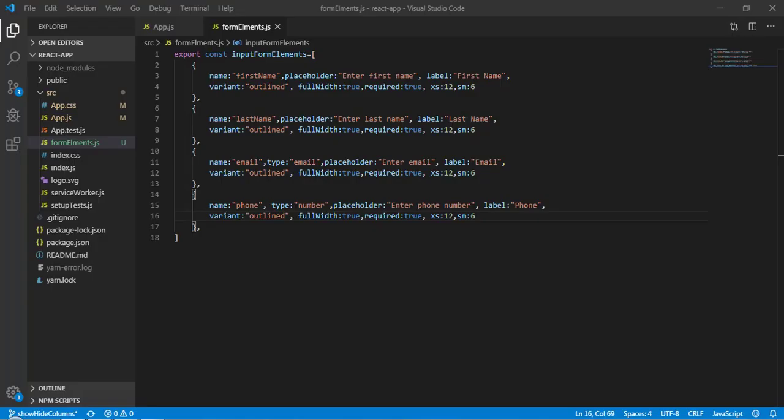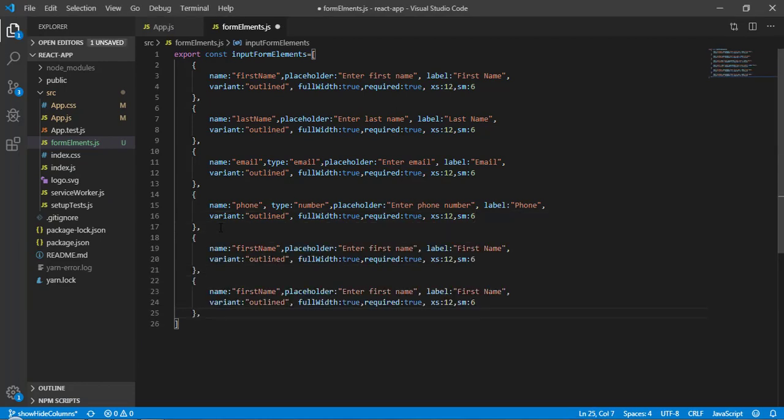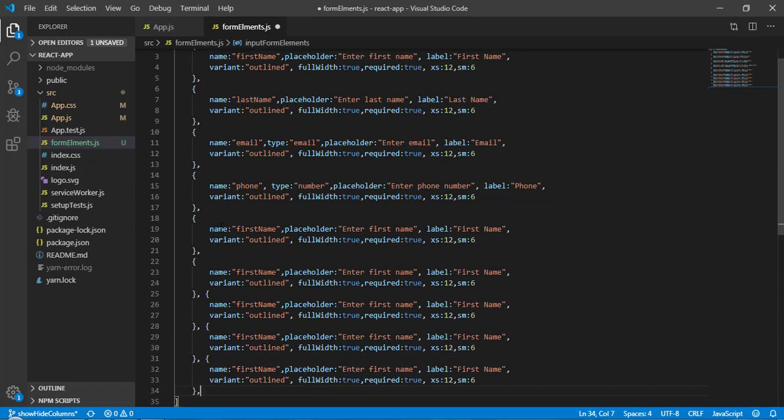So now let's add some other properties as well for the address, and those are city, state, country and pin code. Okay, so we need to do the modification here, so let me do.